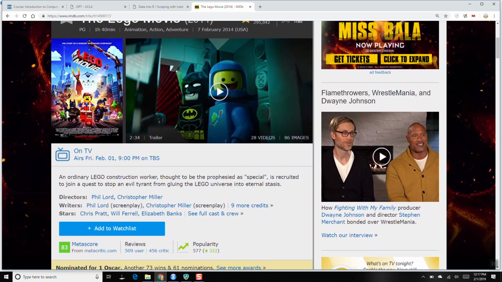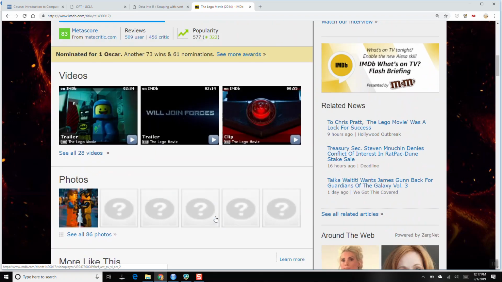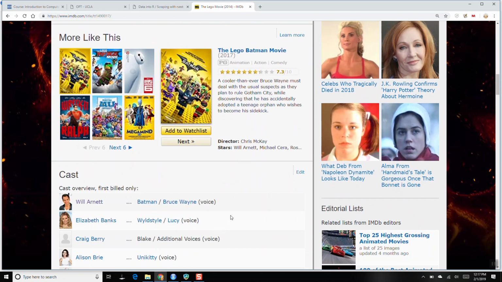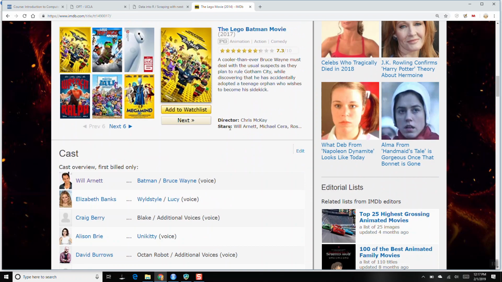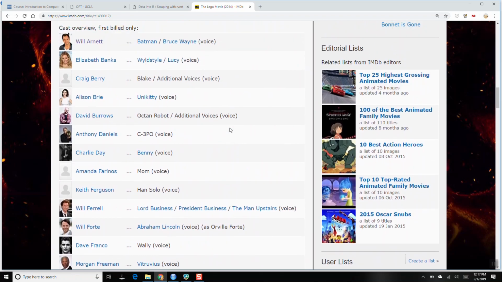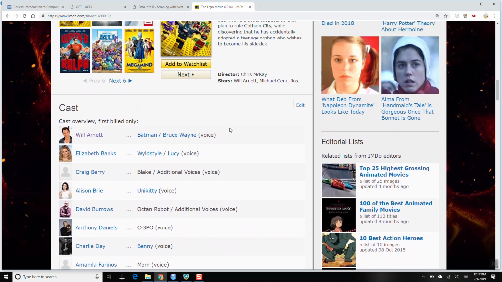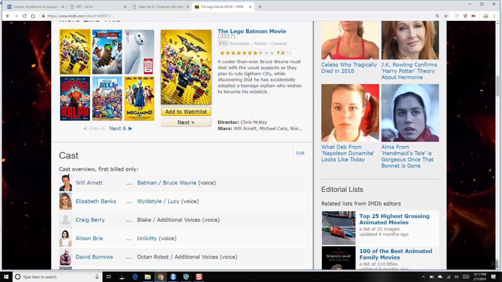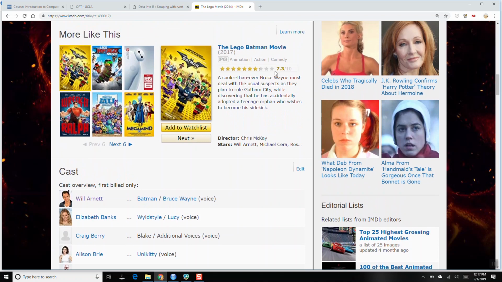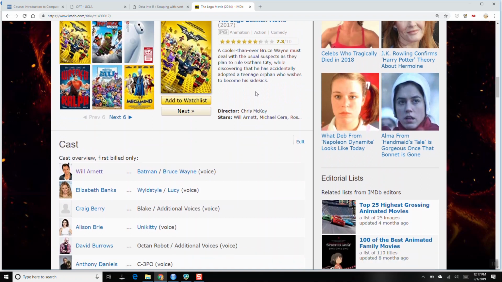And they're making the Lego Movie Part 2, which I'm really excited about, and the Lego Batman Movie is one of my favorites. But anyway, it's really great. Okay, 7.3 should be like a 9.3, but anyway,